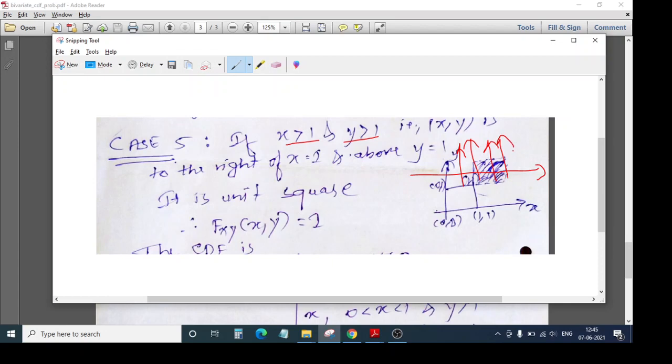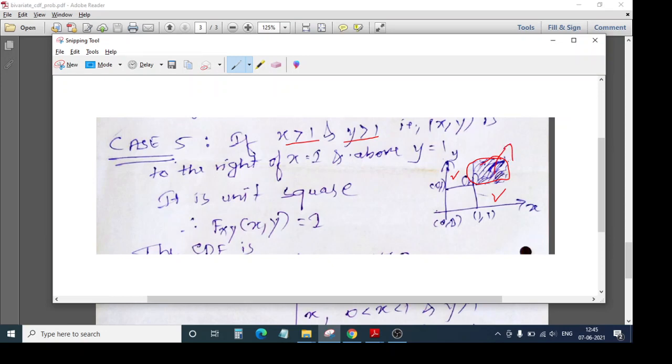Okay. So when we speak of it like this, we can clearly see that the other regions have been already covered. For example, this region has been covered and this region has been covered. What's remaining then? Only this region is remaining. That's why it takes the form of a perfect unit square.